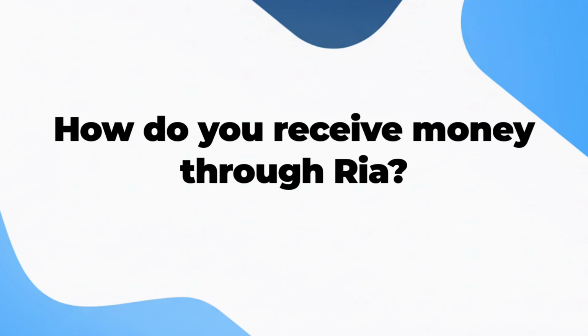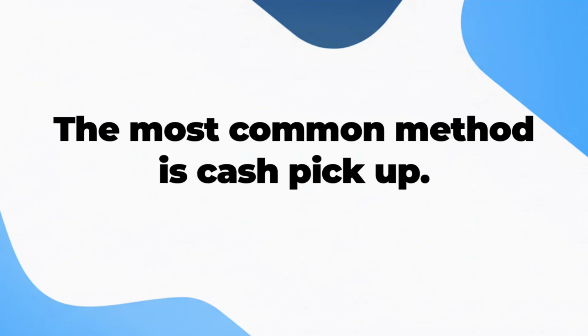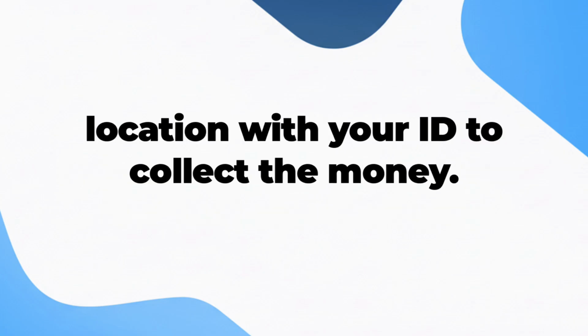How do you receive money through RIA? It depends on the option chosen by the sender. The most common method is cash pickup. The sender gives you a reference number, and you can visit any RIA agent location with your ID to collect